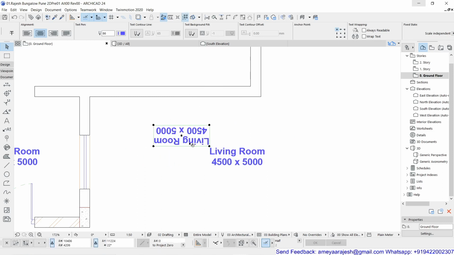You can see what exactly happened now. This text is not readable, that means from your end it is not readable. So if you want to avoid this error, or if you want to keep your text always in a readable orientation, then you can keep this option on. So remember, this is what happens by adding or removing this option.